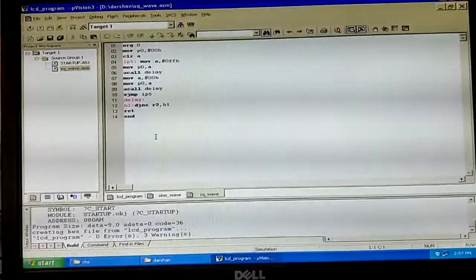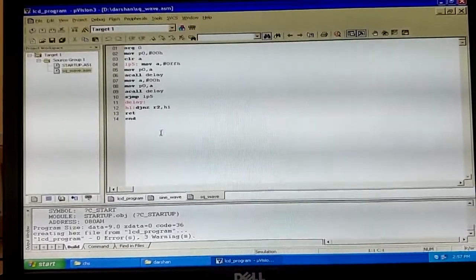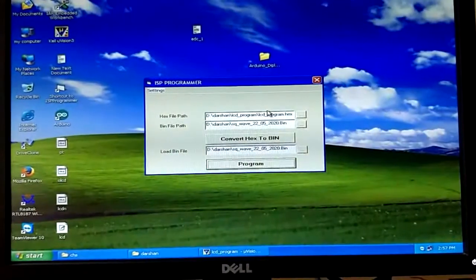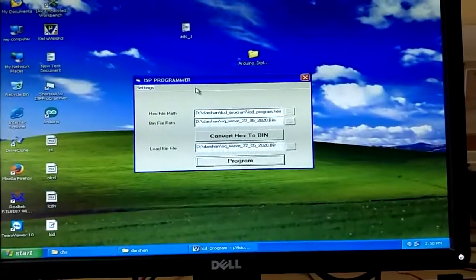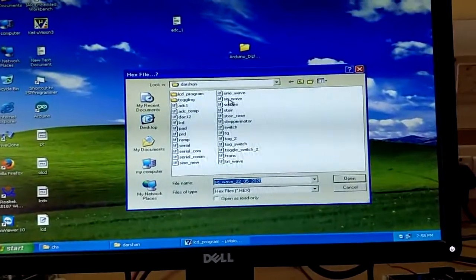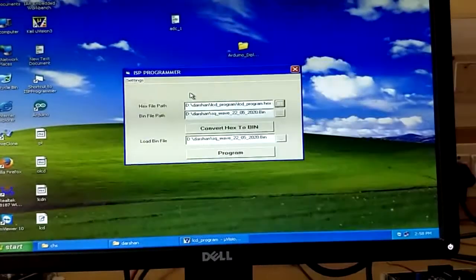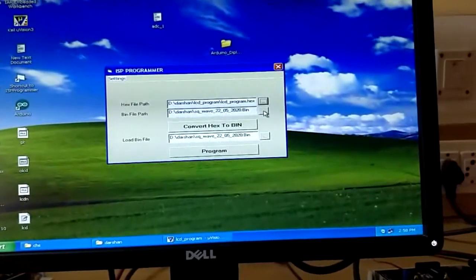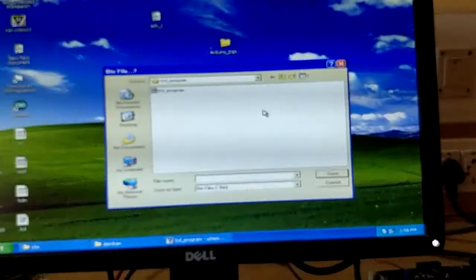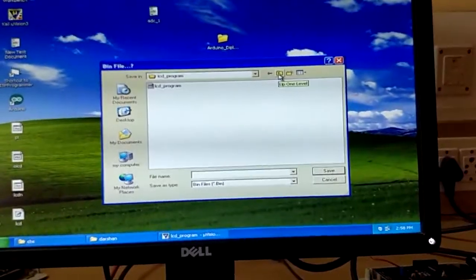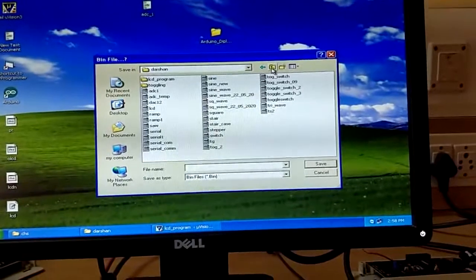Now we need to convert this hex file into a binary file. Minimize the Keil software. Now again open the ISP programmer and browse the hex file. This is the hex file I selected. Now browse where you want to store the generated binary file by giving a specific name to the binary file.